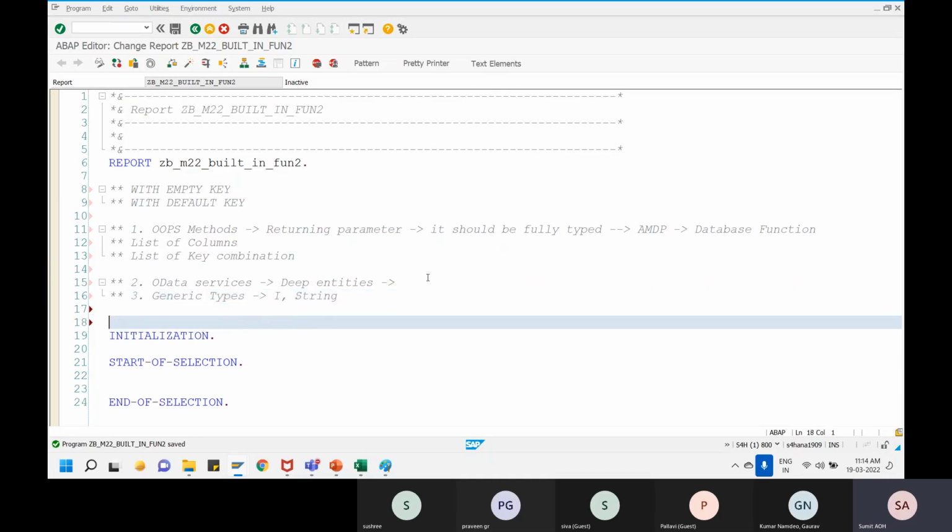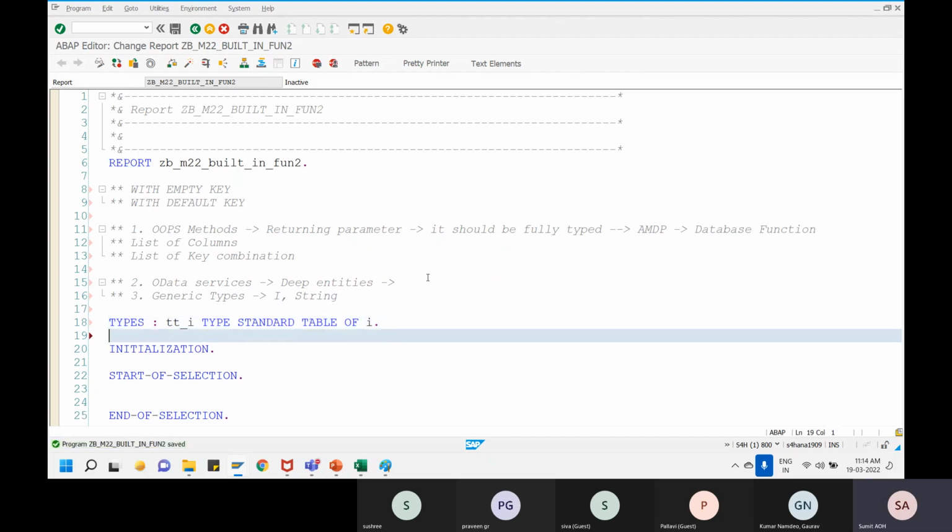For example, I want to define a type where tt of I is a standard table of I. So I am defining an internal table where the type of the internal table is integer. Now, if I do have such an internal table and I want to initialize this,